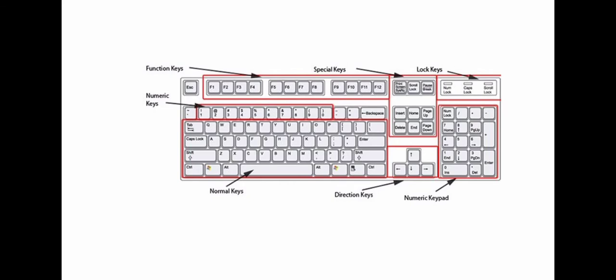Numeric keys are used to type the numbers and the normal keys are used to type the alphabets. Lock keys are used to lock a part of the keyboard. When the caps lock key is activated, it allows the user to generate letters in uppercase without pressing the shift button. When the num lock key is activated, the numbers on the numeric keypad can be pressed and will be displayed on the screen. Special keys perform special functions which are not included in the traditional keyboard, and are also called media keys or multimedia keys.